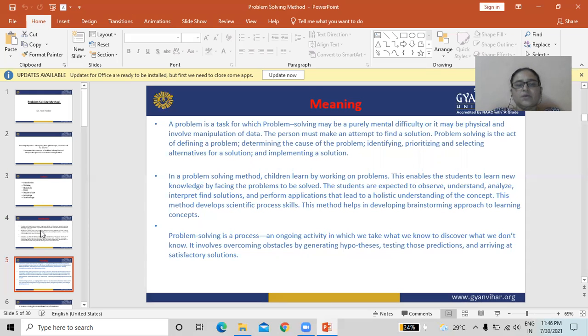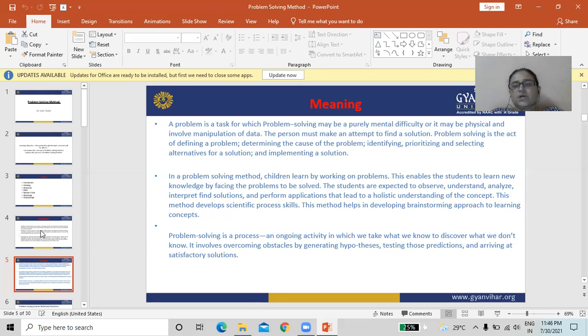In a problem solving method, children learn by working on problems. This enables the students to learn new knowledge by facing the problem to be solved.